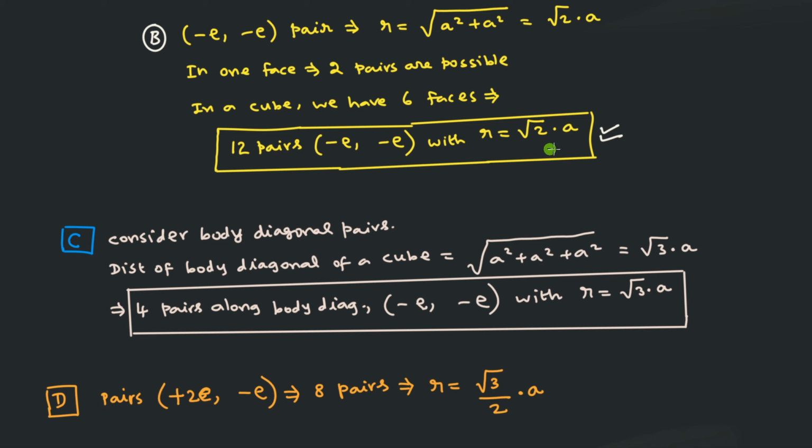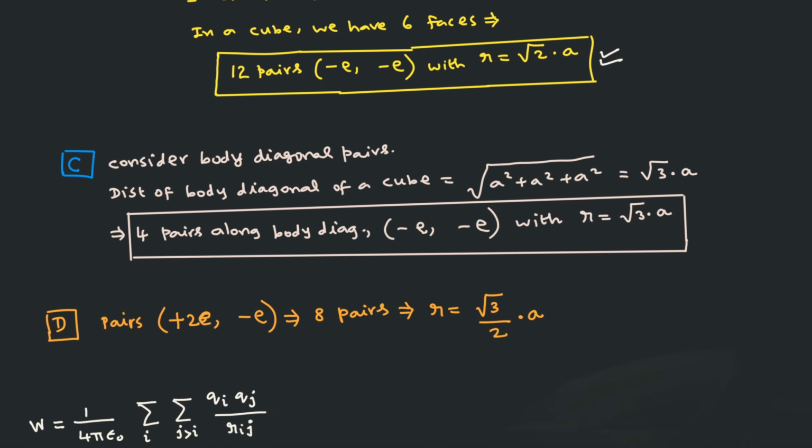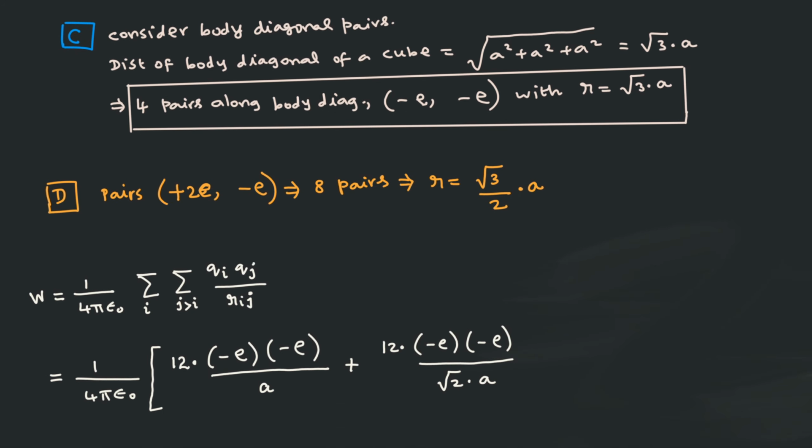So by writing this term, you have finished another 12 pairs. So 12 pairs plus 12 pairs, 24 pairs you finished now. That means in this summation we have finished 24 terms. It is not 2 terms. Remember, when you expand this summation, basically it is 12 terms, because they are identical, we are writing 12 times, 12 into this. So 24 terms are over in the summation.